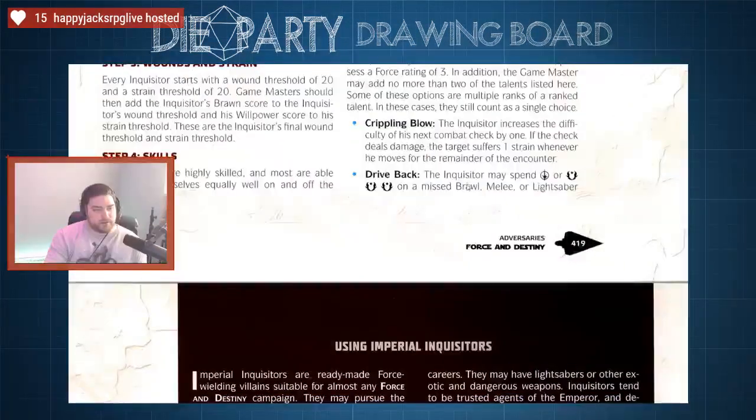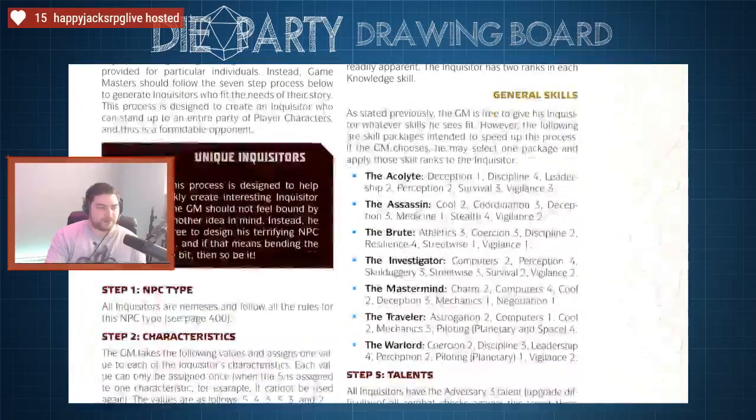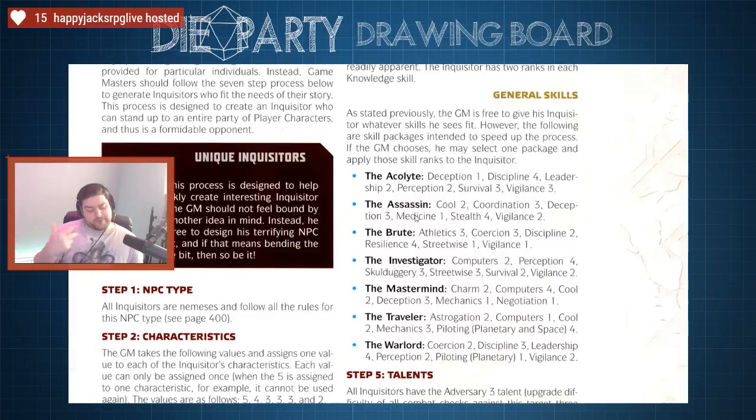Oh, we can just make an Inquisitor. Awesome. Let's do that. That's better. So if he has parry 5, for example,